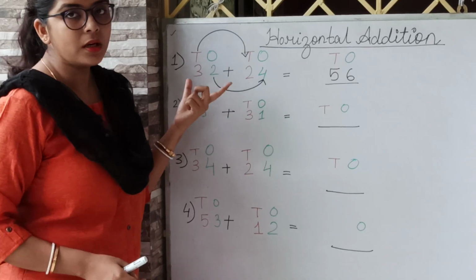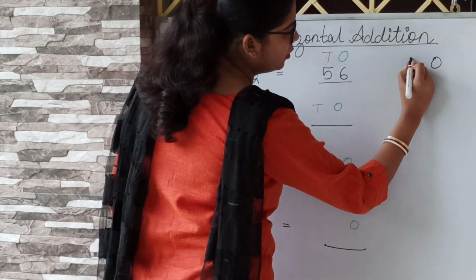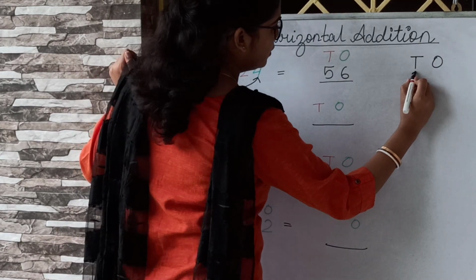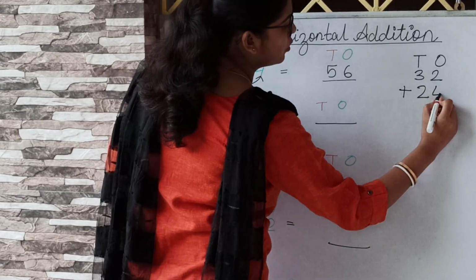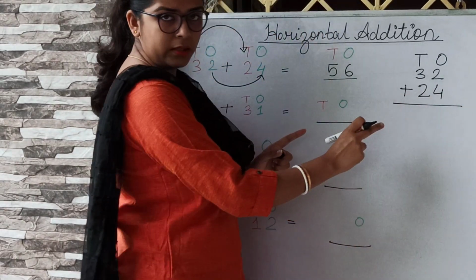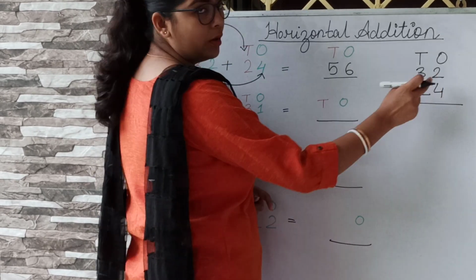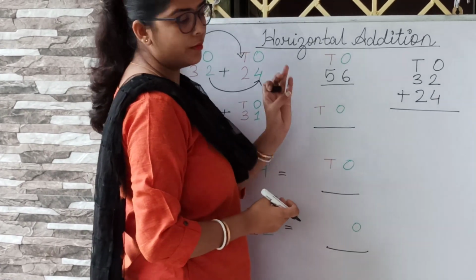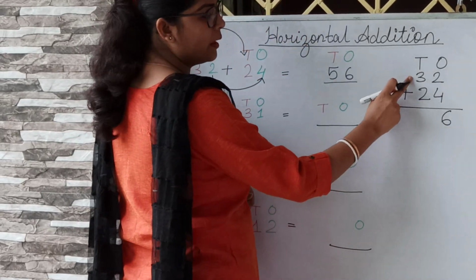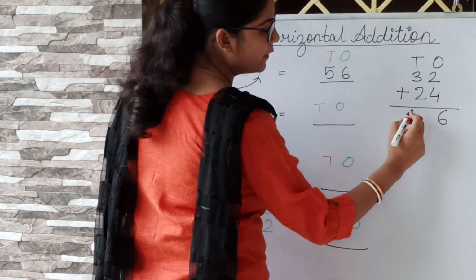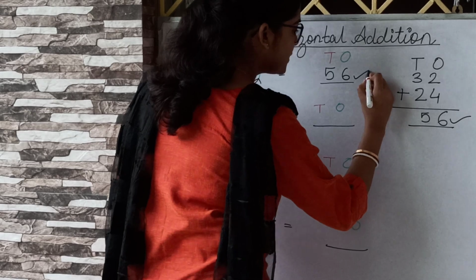Now if you have a confusion, you can check it like this only. See, you have done the vertical addition, no? Like 32 plus 24. Now this you have done. This is very easy for you. After 4 I will count 2: 4, 5, 6. And after 2 we will count 3 on the fingers, so we will get 5. So see students, 56, 56.